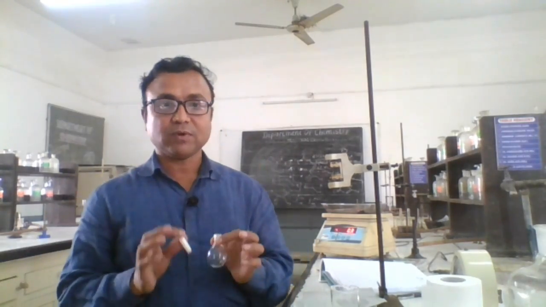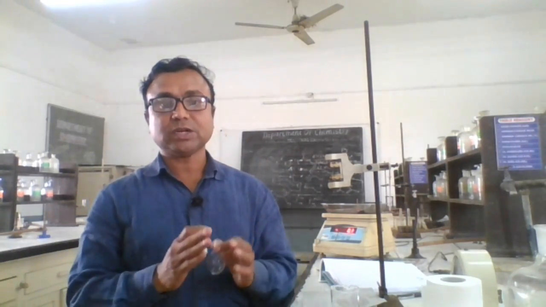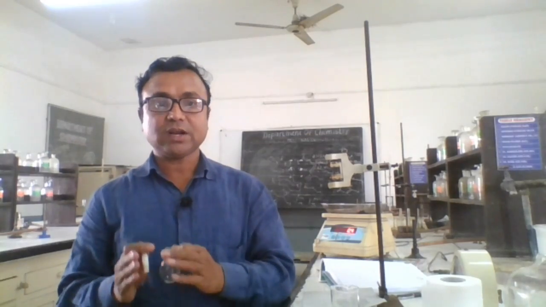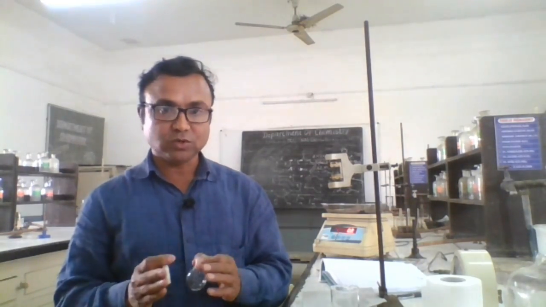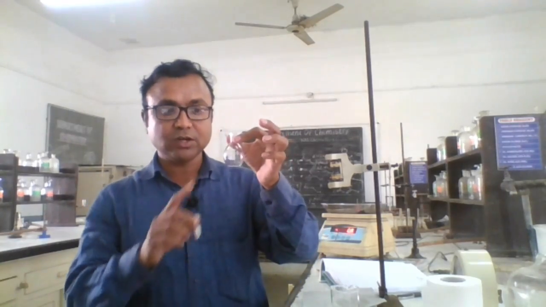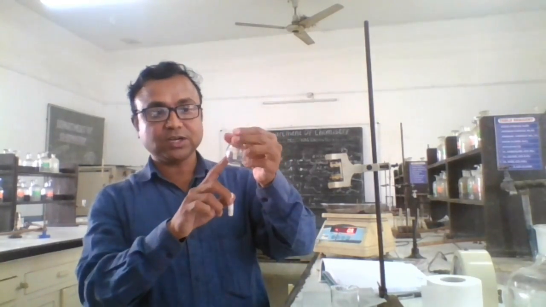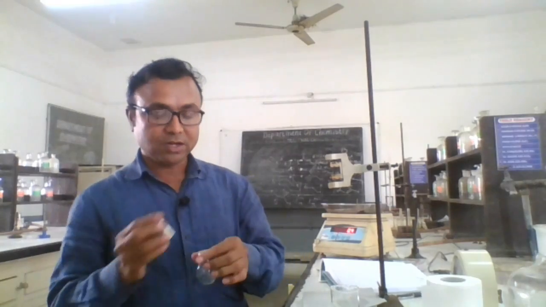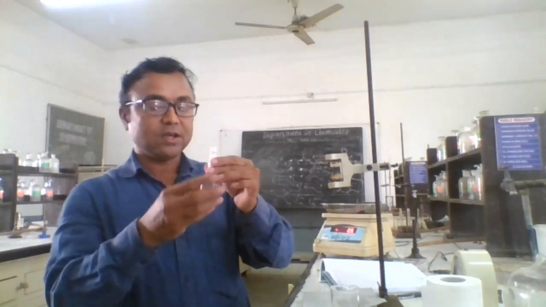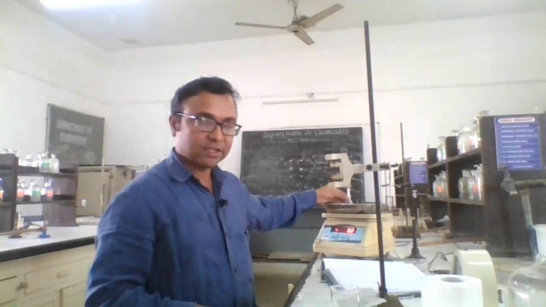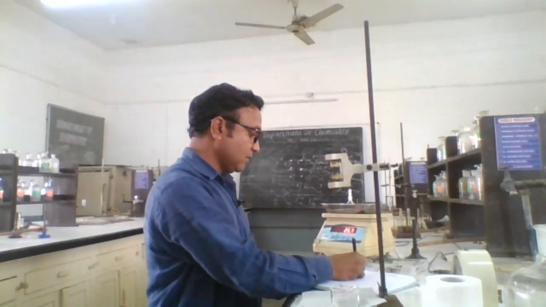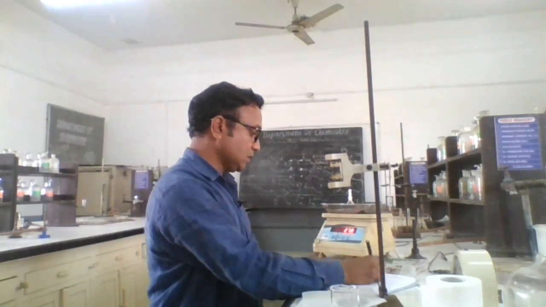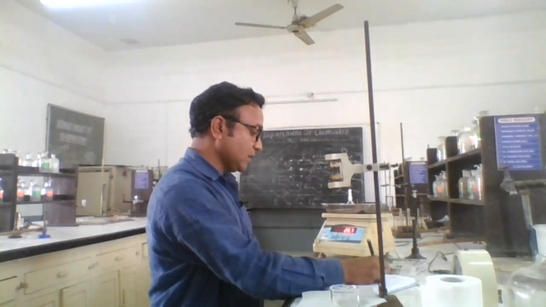First of all, the first part of this experiment is to determine the density of water and the given liquid, that is ethanol. In order to determine the density of these two liquids, first take the density bottle and note down its volume. It is a 25 ml density bottle. Insert this knob here and take the weight on the weighing machine. Note down the weight as W1, that is the weight of the empty bottle. It is near about 27.1 gram.